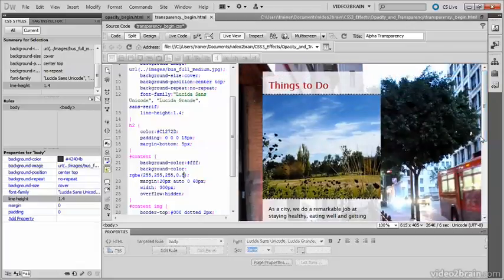So RGBA and HSLA affect only the background color. But you must remember to have two background colors, one using hexadecimal for older browsers, and the one that uses RGBA or HSLA must come after it, because it will then take precedence in the cascade in browsers that understand